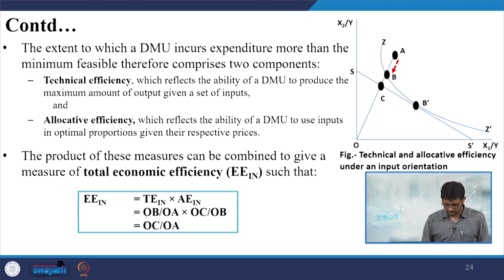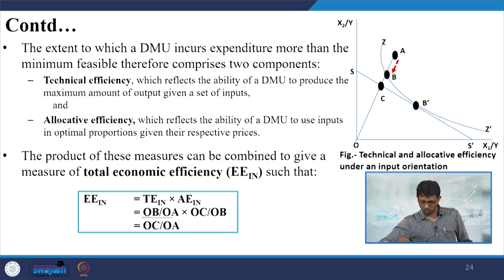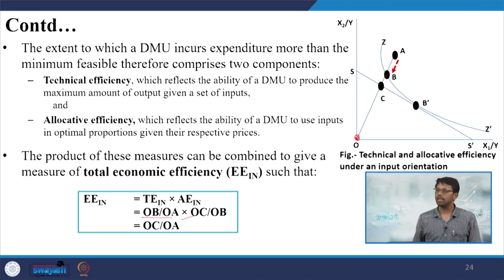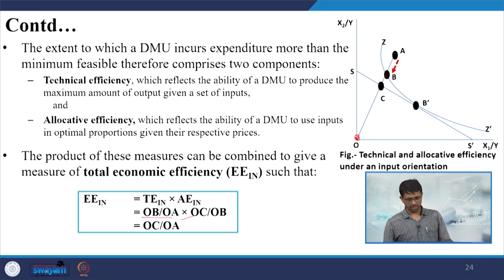So, in the case of technical efficiency, we have already defined it as OB divided by OA. Here is the point OB divided by OA. Then in the case of allocative efficiency, OC divided by OB. So, finally, this is derived as OC divided by OA. So, economic efficiency, the efficient allocation combination, will be OC upon OA. Similarly, for all DMUs we can easily calculate their possibilities, and then we can compare which one